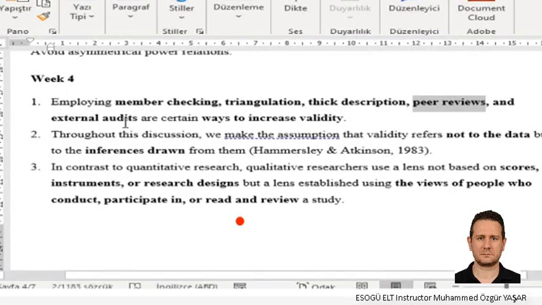And I also want to mention the external audits. What does external audit mean? Let's say you collected your data and you did your analysis, and you also asked for peer review, like debriefing sessions. You will make some adjustments and come to some conclusions.